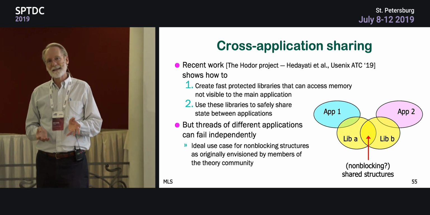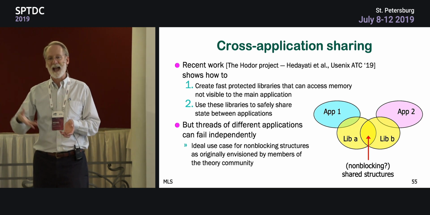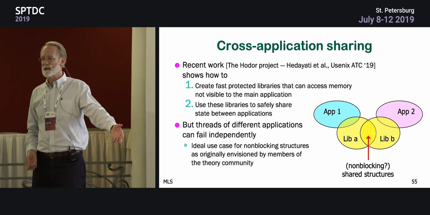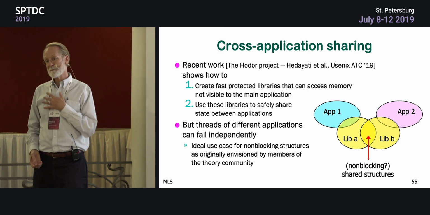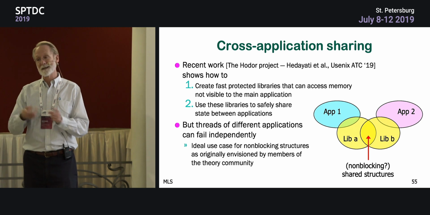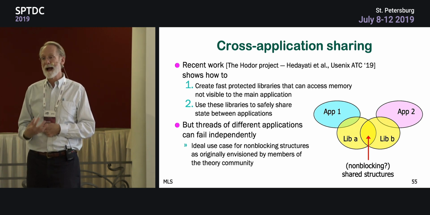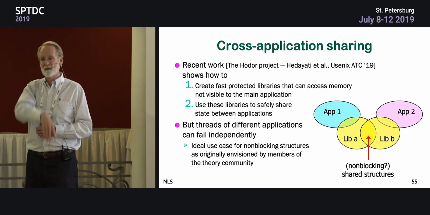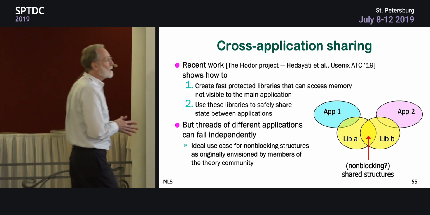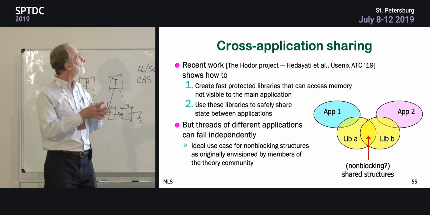Well, because if you put the key value store in shared memory and it represents a cache of the database, and my application and your application are running on the same machine, and mine was written by me and yours was written by you, and you don't trust mine, and that's good because mine has a memory bug in it. If we map memcached into my address space, then my memory bug may walk all over it and destroy it, and that would be bad. And the idea in this project that we're working on that's named Hodor for Game of Thrones fans